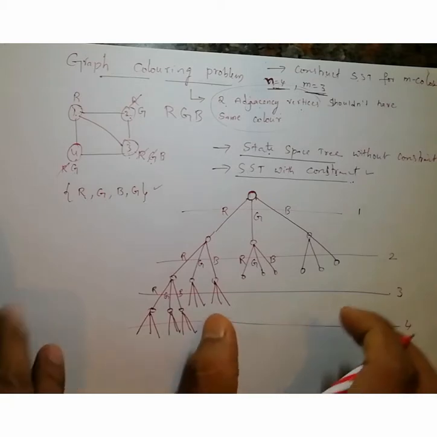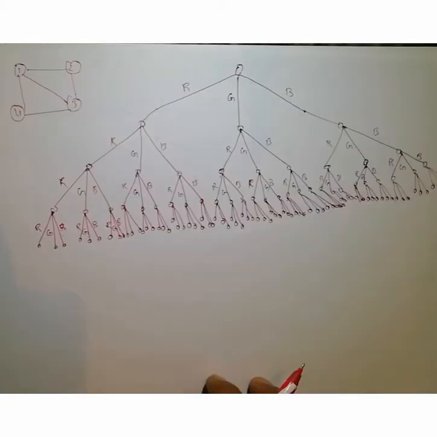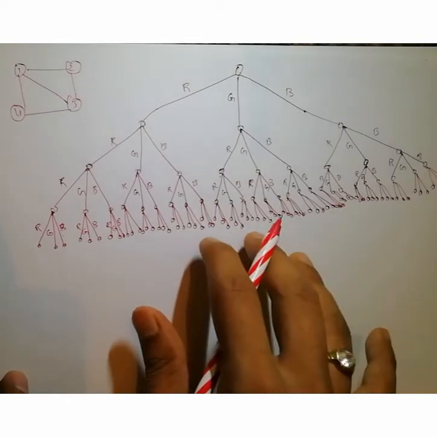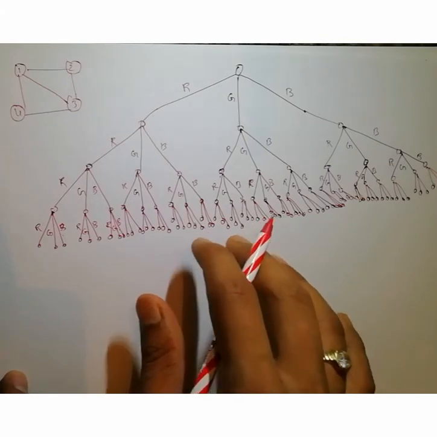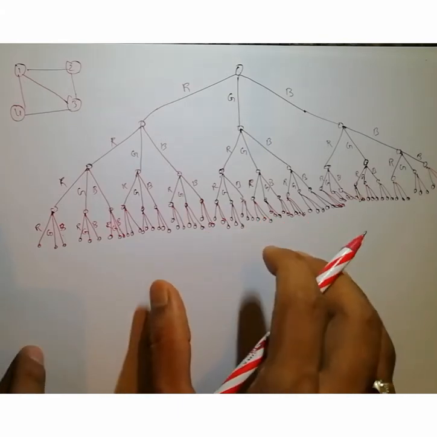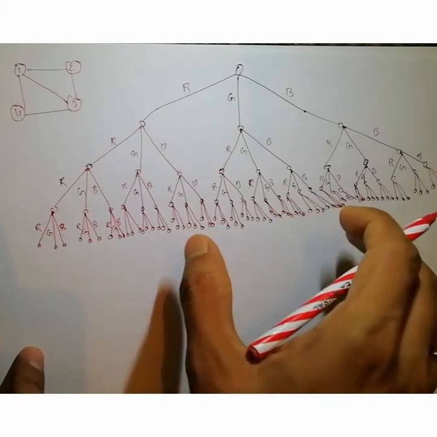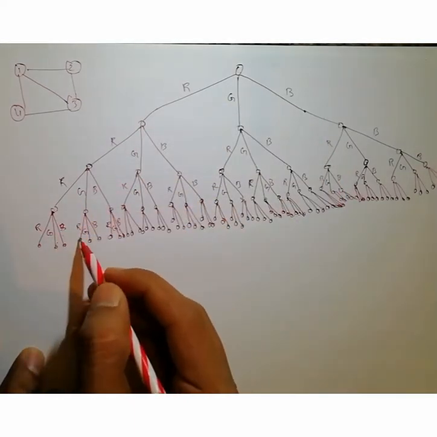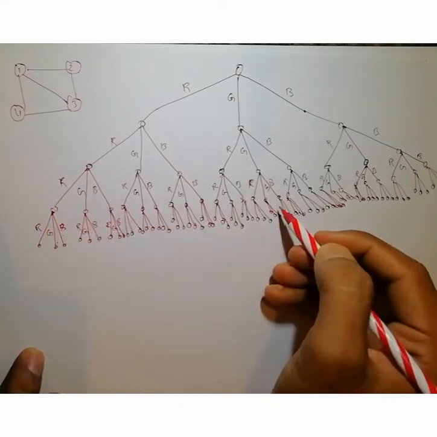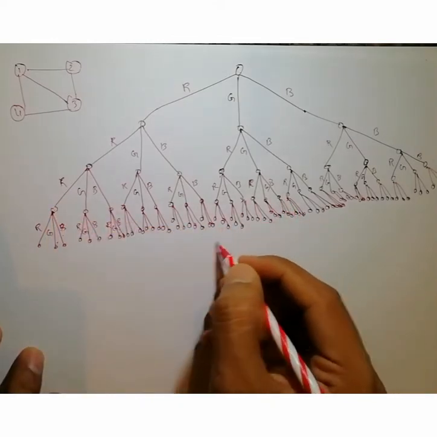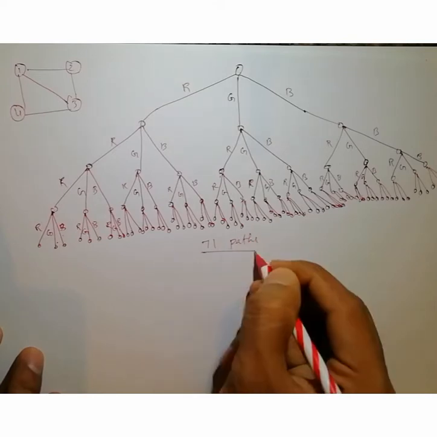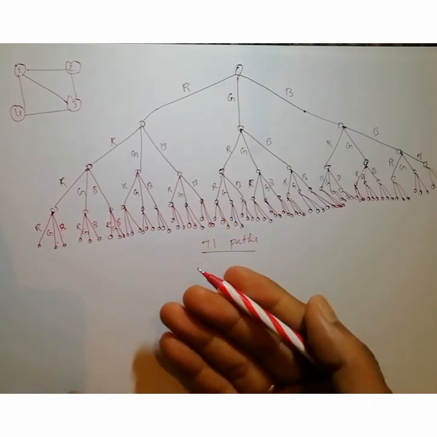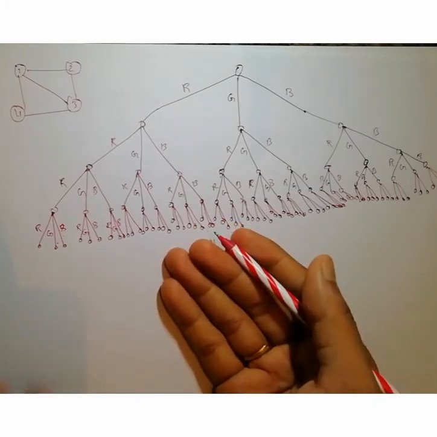So just now I will consider the state space tree without constraint. This is our state space tree without considering any condition, that is our constraint that two adjacent vertices should not have the same color. If you are not taking any condition, then definitely you will get 27 vertices, so 27 into 3, that means 81 paths in total. In these possibilities, if you consider our condition, how many combinations can we find, that we have to get.